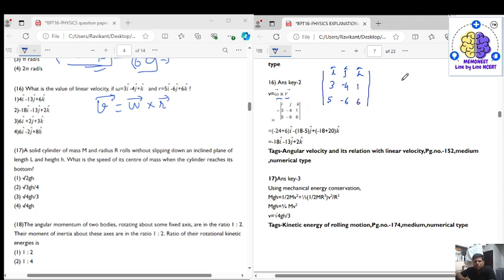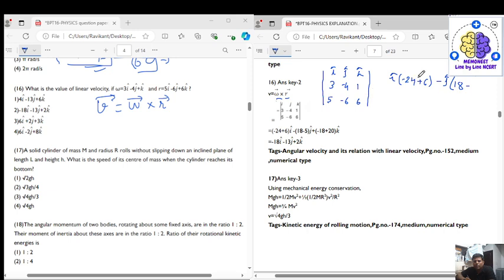So for i cap, leaving this column and this row, it will be minus 4 into 6 is minus 24, minus 6 into 1 is minus 6, and minus minus will become plus, which is 6. Minus j cap into, leaving this column and this row, 3 into 6 is 18,